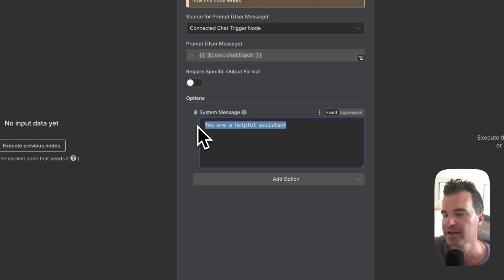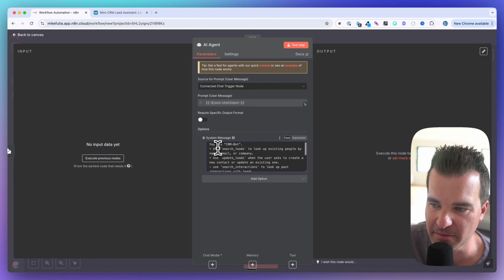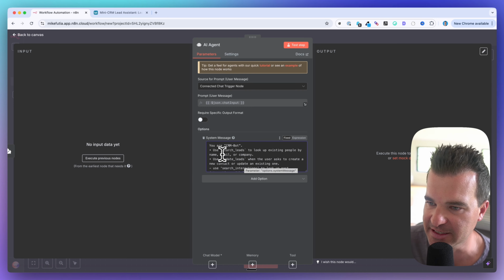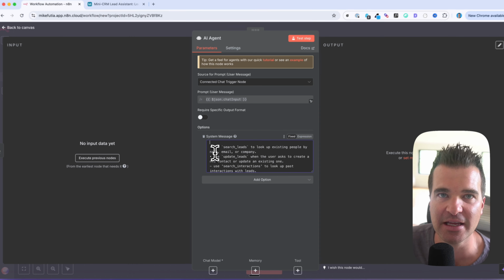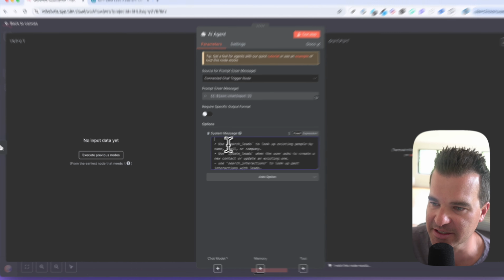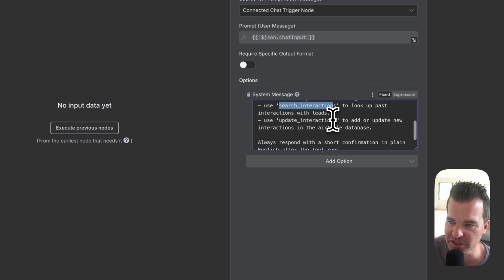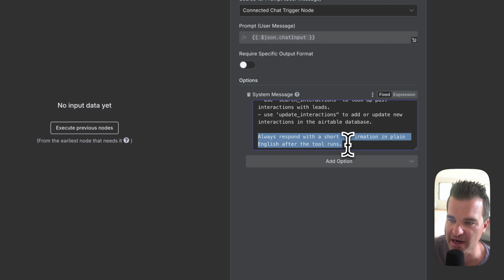Okay, so this is instructions for your agent on how to behave and kind of what to expect. I have a prompt here on my clipboard. Again, this will be available in my community as a template, but I'm basically saying you are CRM bot, and then I'm telling it the tools I'm going to give access to: search leads, update leads, search interactions, and update interactions. And I'm saying these are in Airtable, and to always respond with a short confirmation in plain English